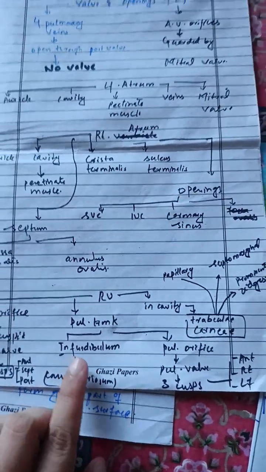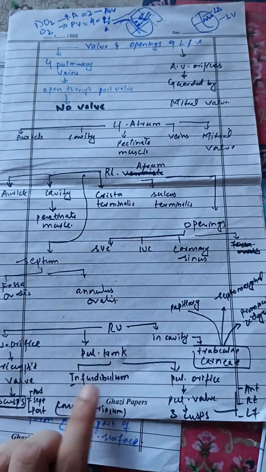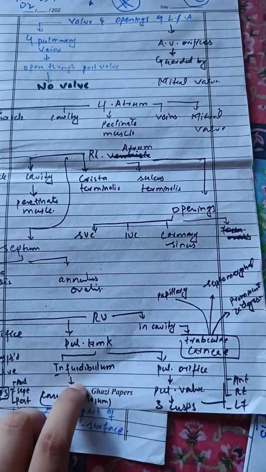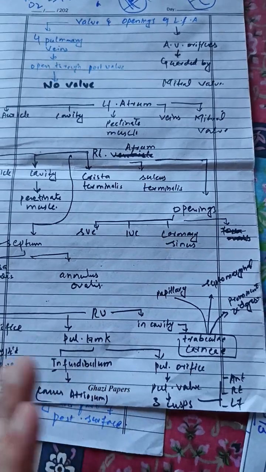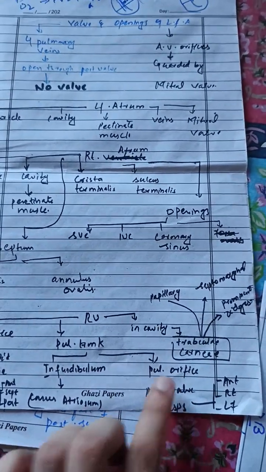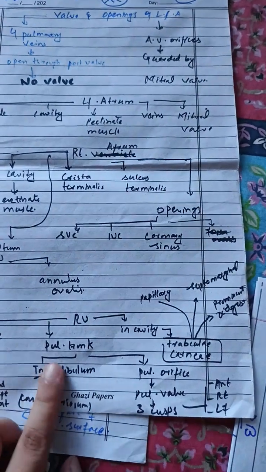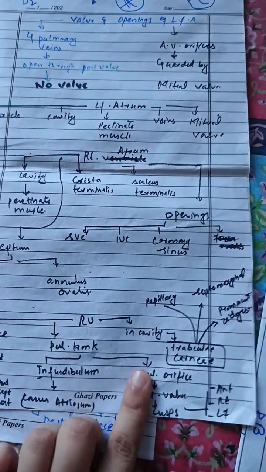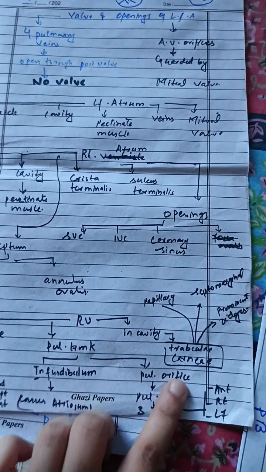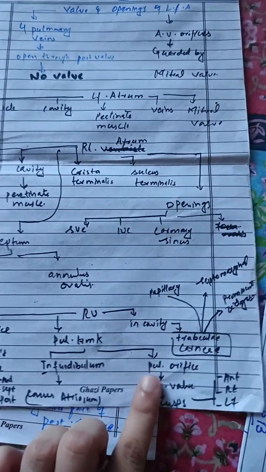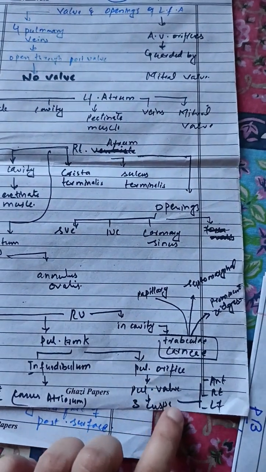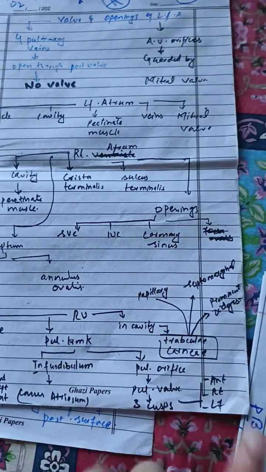In the right ventricle, we have already discussed that the pulmonary trunk arises from the right ventricle, and it consists of the infundibulum, the area just behind the pulmonary orifice, and the pulmonary orifice. The funnel-shaped area is called the infundibulum, and there is an opening to the pulmonary arteries, which is the pulmonary orifice. It has a valve called the pulmonary valve, and the pulmonary valve also consists of three cusps: the anterior, the right, and the left.